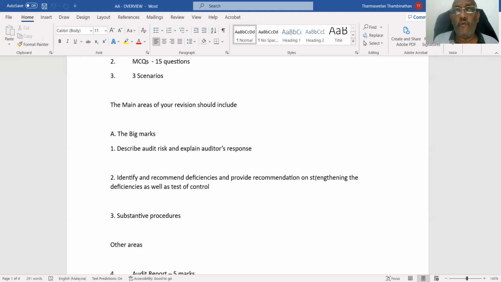And then finally, they may ask for tests of controls on the recommendations you make. Which is not the most common thing, but it's there. Any control recommendations you make, how do you test them? And the examiner has also varied it, where you identify and make recommendations, and then also identify internal controls in the scenario which you can rely on and how you test them. So, type 1, the big marks, categories 1 and 2, quite confusing at times.